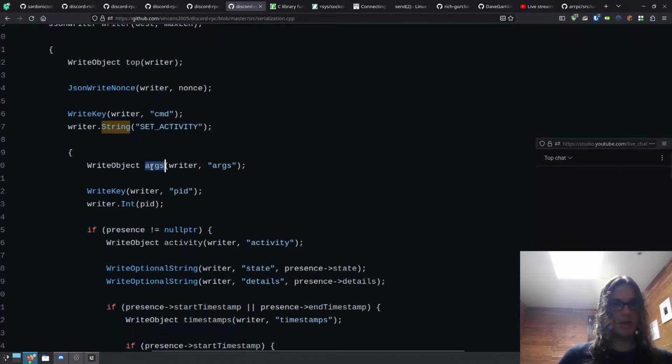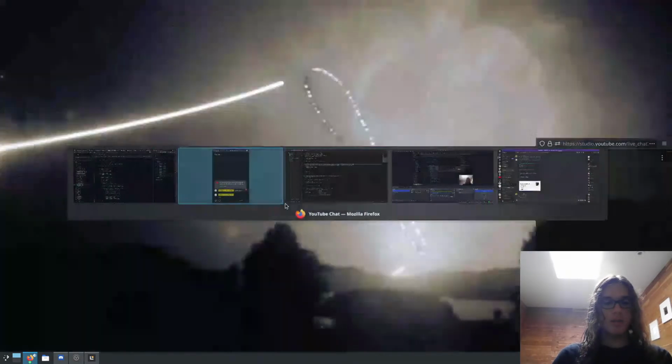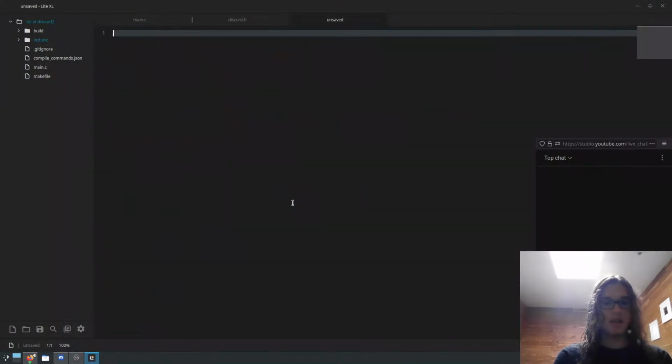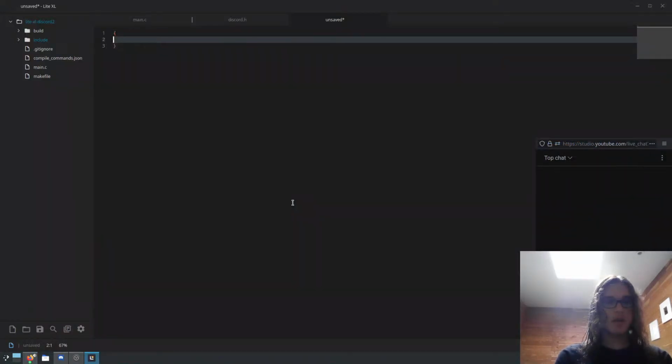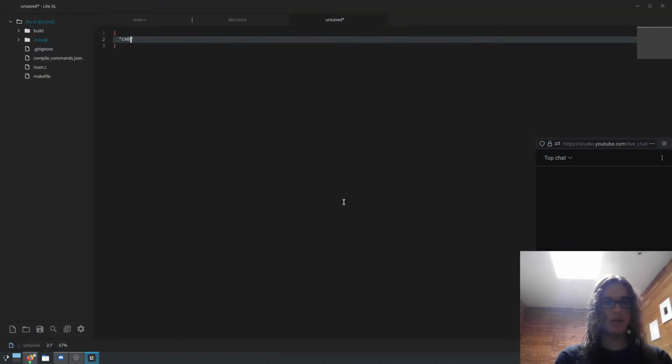Then we write object, writer pid int. God, that's atrocious. But essentially what it's doing is it's making this cmd, set activity,